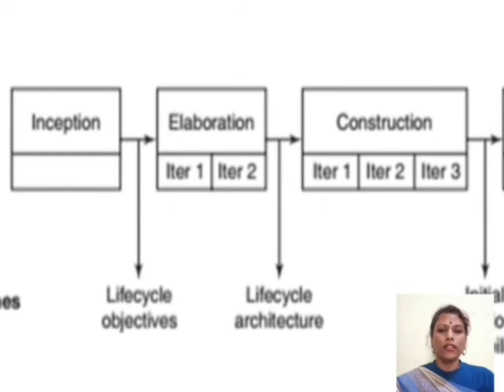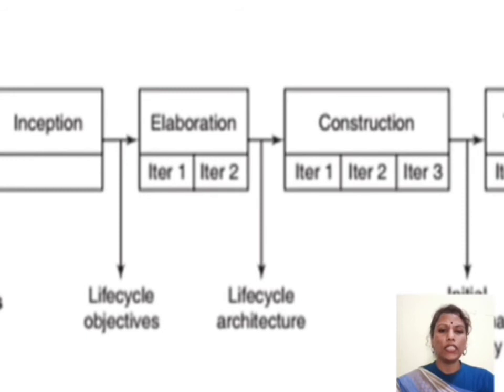Okay, and here the speciality of RUP is that in each and every phase it is going to execute all the activities of the basic software development life cycle, that is requirement analysis and design, implement, test, and then deployment, and also project maintenance and configuration management. So these we can also call sub processes. These sub processes are going to be executed in each and every phase of RUP. That is the speciality of RUP.